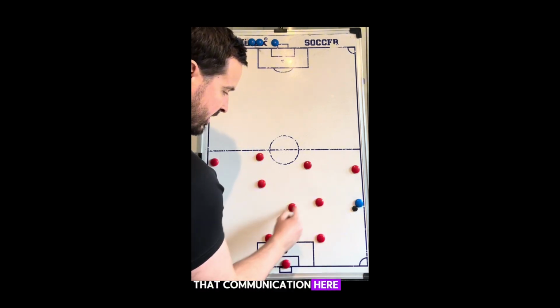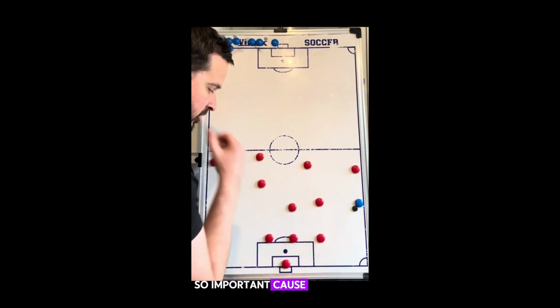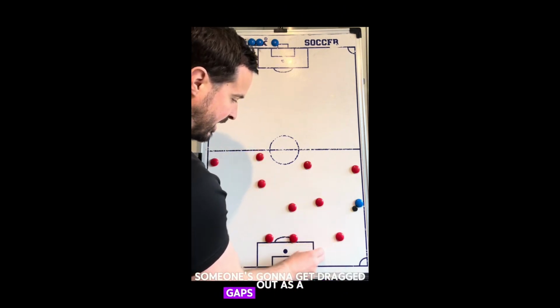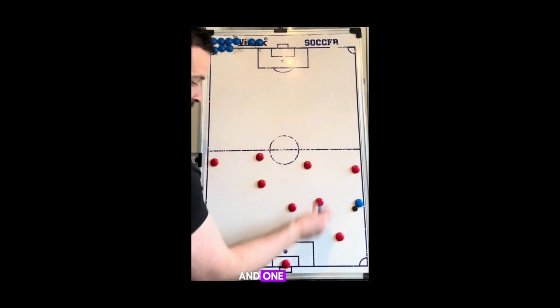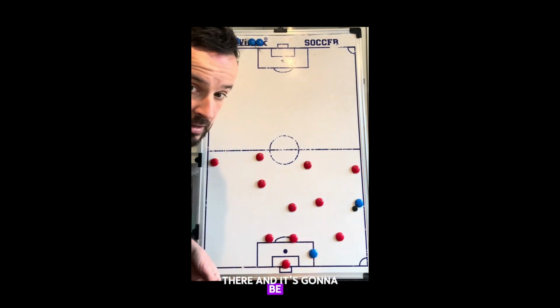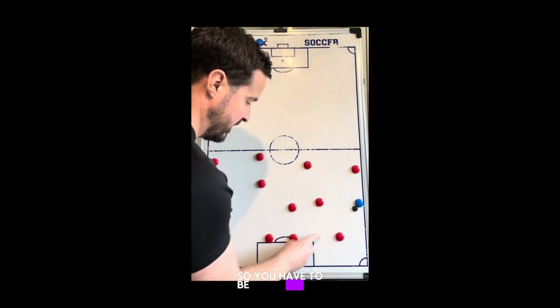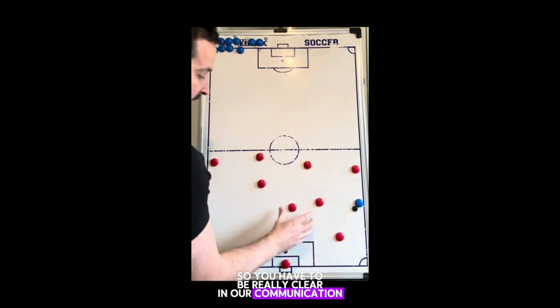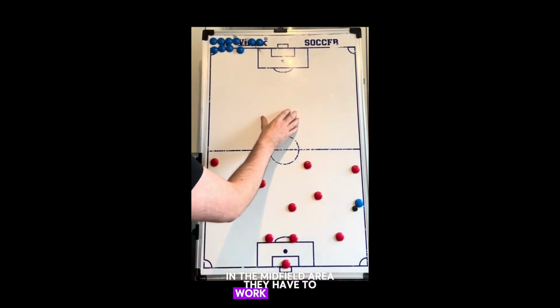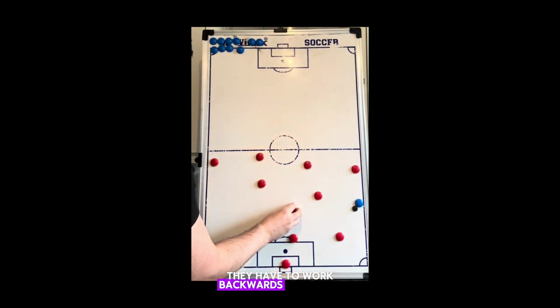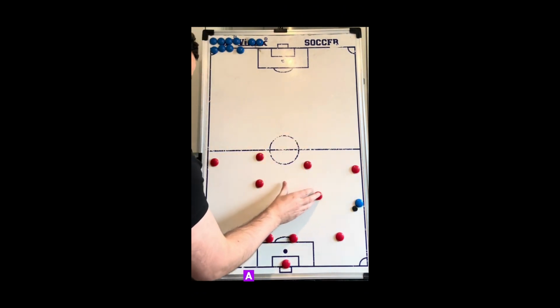That communication here is so, so important, because otherwise someone's going to get dragged out, a gap's going to appear, and one of the opposition are going to get in there and it's going to be a goal scoring opportunity. So you have to be really clear in our communication in the midfield area. They have to work forwards, they have to work backwards, they have to be ball winners, a mix of box-to-box